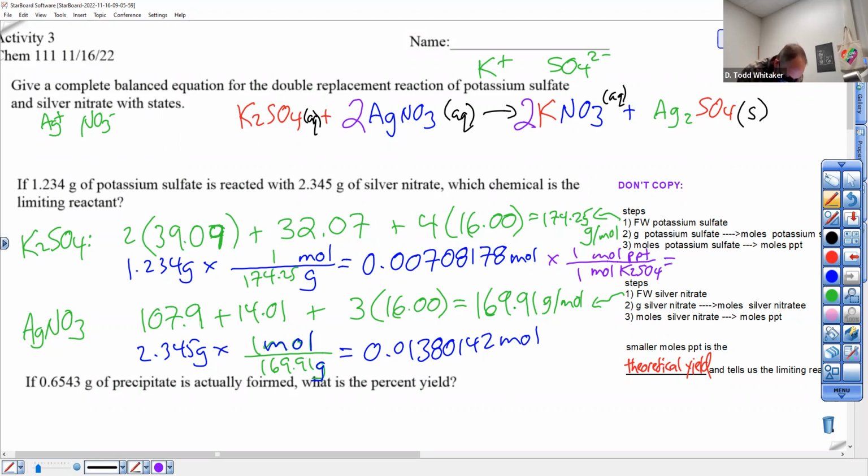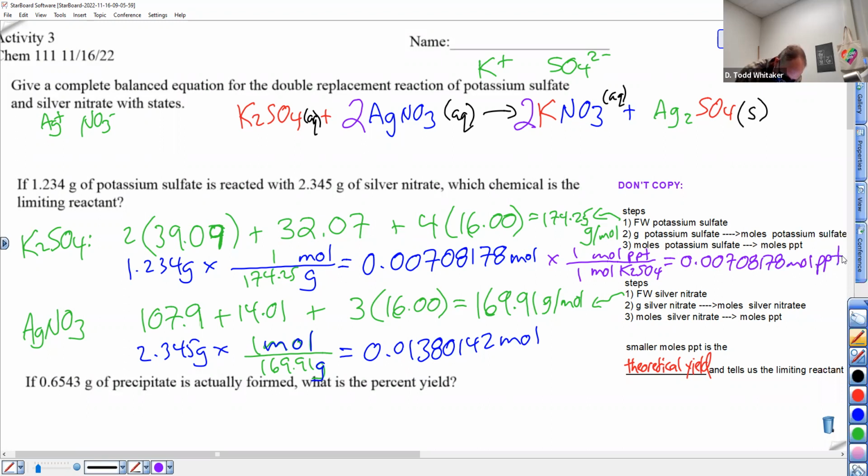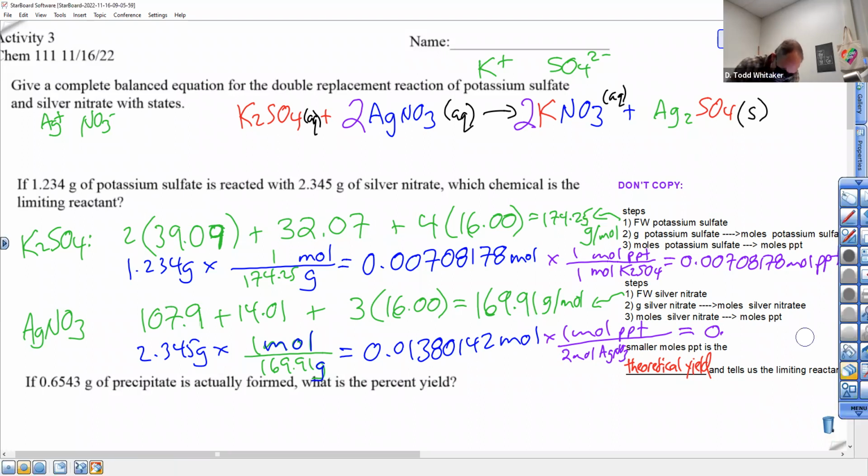And that's math that I can get right for sure. Moles PPT. And this one times 1 mole PPT for every 2 mole. There's 2 in front of AgNO3. We're talking about AgNO3. And I'll try to do my best. Oh, this is hard. 1, 2. Okay, I'm not even going to try anymore. I will await. 0.0069, 0.0071 mole